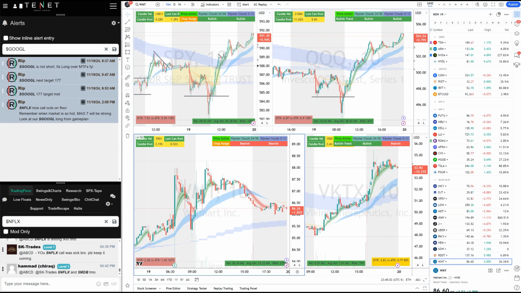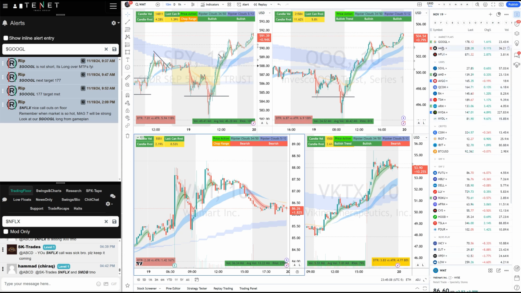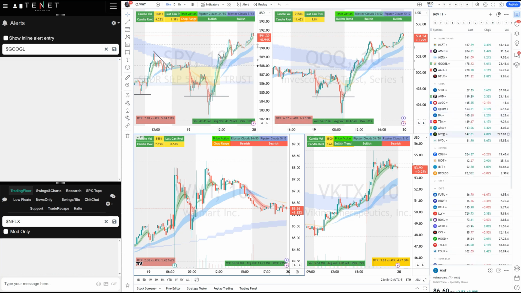But the important thing to understand today, guys, is the market was a bullish trend day. So Mag 7 stocks were where you're supposed to be. Only NVIDIA was strong, and other semis were weak as well. Anyways, just wanted to keep it short and highlight our main trades today.